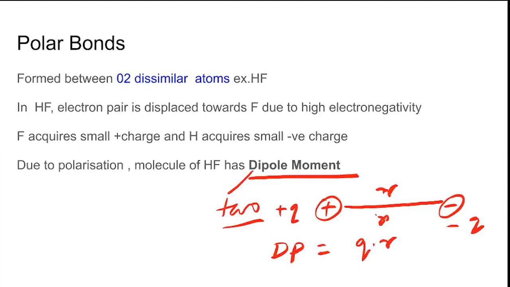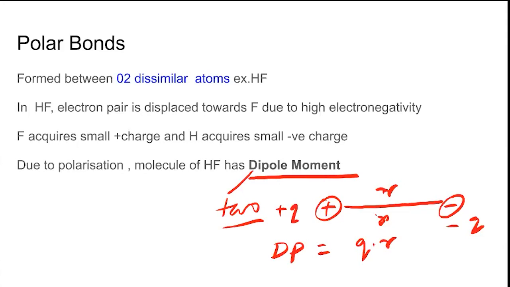So all the dipole moments for a given molecule are to be added vectorially to find out its effective dipole moment. And that dipole moment is going to affect the magnetic property of the molecule. One has to be very clear. So what is this direction? And what is the unit of dipole moment?